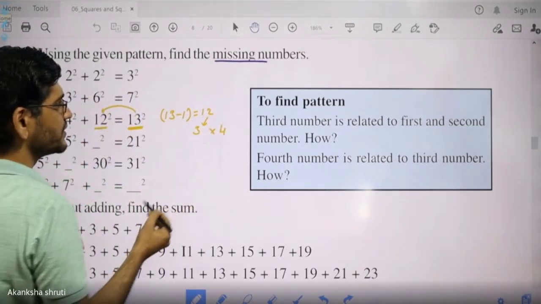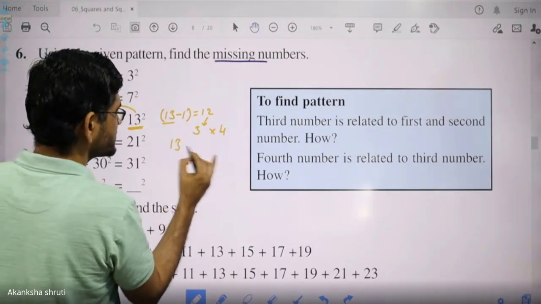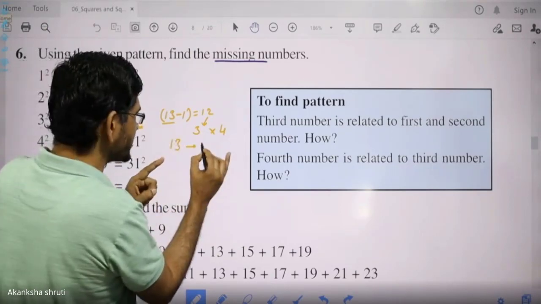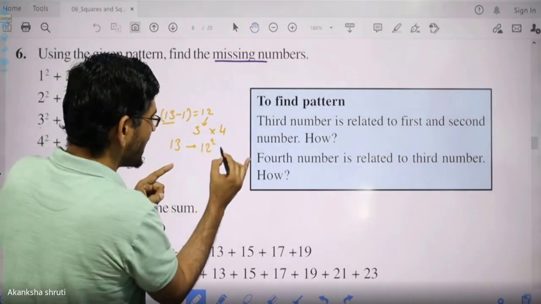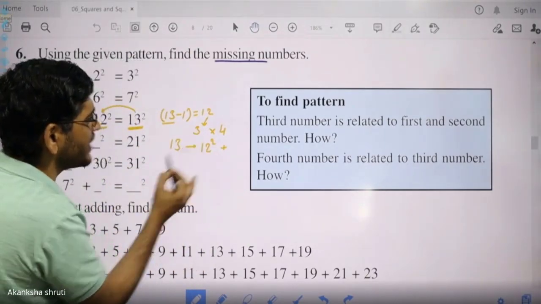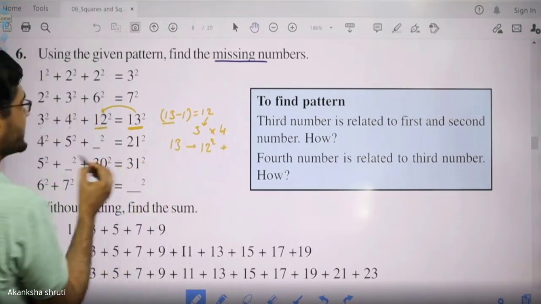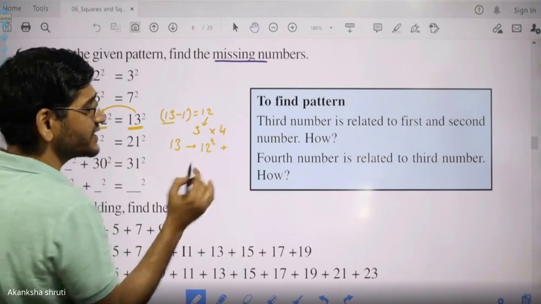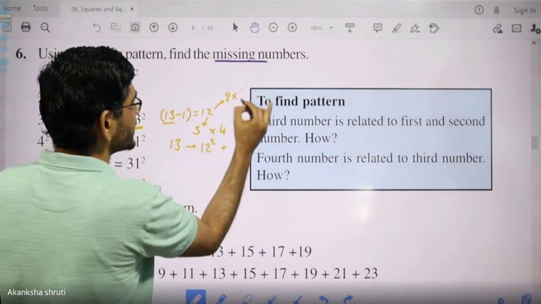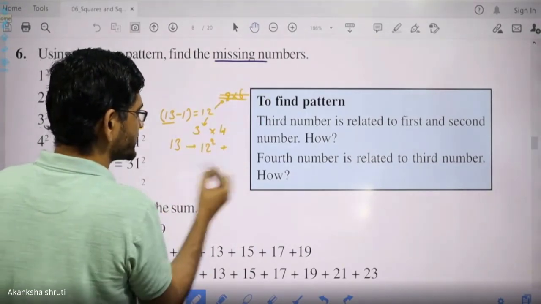Student, here we are getting that this 13 is the sum of the squares related to the number just before 13, meaning 12 square. Then take the two factors of this 12. What are they? 3 and 4. Keep in mind, these 3 and 4 are continuous factors. It should not be like 2 into 6, because those are not continuous factors. So these 3 and 4 are the continuous factors.